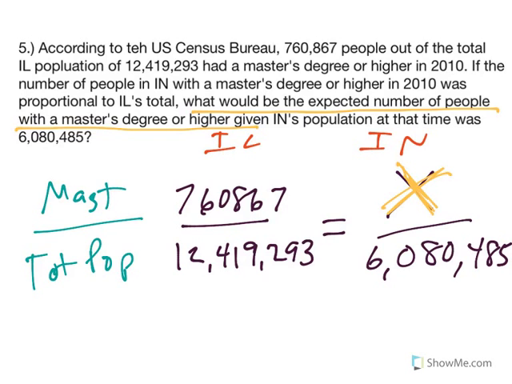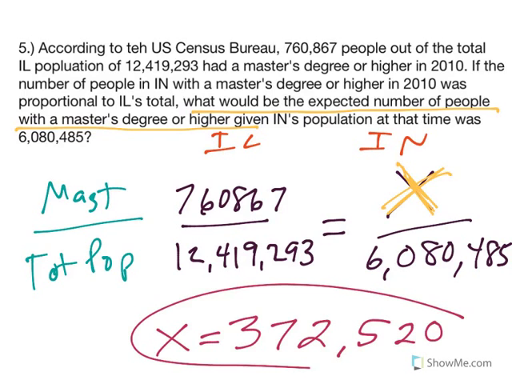6,080,485. And I just want to throw out, notice how the population of Indiana is like half. It's not perfectly half, but it's close to half. So when you look at the number of people for your answer, it should be close to half. That, again, is just kind of a logic check on what your answer should be. So if you get an answer way different than that, you know you made a mistake somewhere. So when you cross multiply and divide, you should end up with 372,520, right around there for your answer of how many people would have a master's degree or higher in Indiana